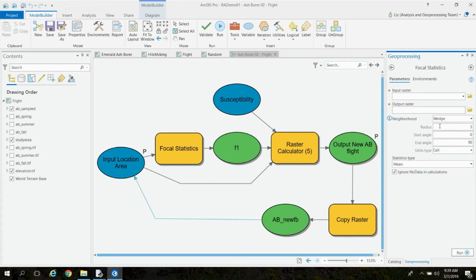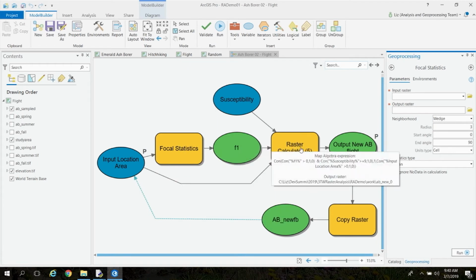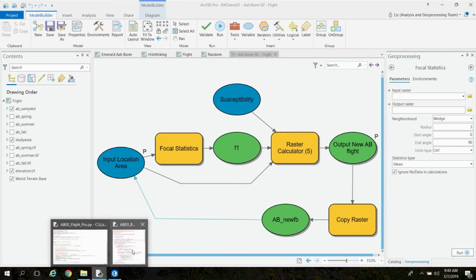And that's going to change for different seasons, right? They're most active in the summer. They're less active in the spring and the fall. So that's what this model is going to show, how far they fly. And if they get to that location, is there an ash tree? They'll infest that location. We'll run the model again. And in the summer, they'll fly further and infest anything in their path that has an ash tree, etc. So we're going to loop through. So I'm going to run this focal tool to find out where they get to. Then I have a raster calculator expression that just again says, is this location susceptible? Is there ash there? And if so, infest it. So again, we'll look at this in